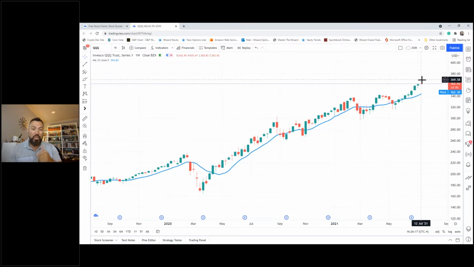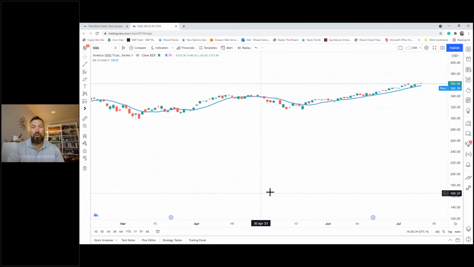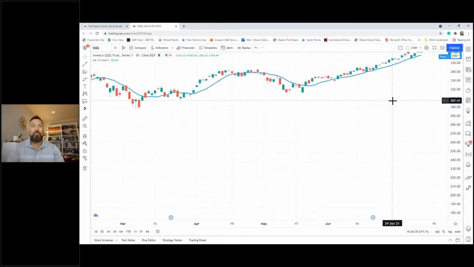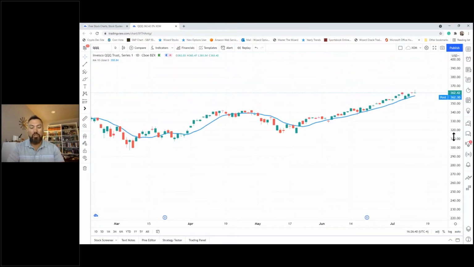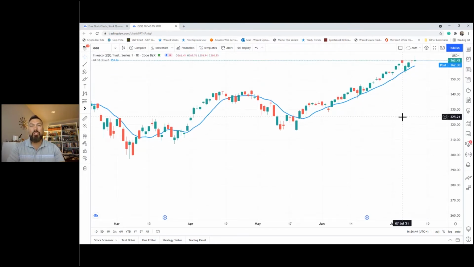So just simply looking at where the bars are in relation to this blue line tells us that we are on a 10-day uptrend. So we are on the uptrend above that 10-week average. So let me change this to a daily chart now. I'm going to go from weekly to a daily. Now every bar is giving us the daily price information for the NASDAQ, the QQQs, the NASDAQ 100. So here's today's bar.